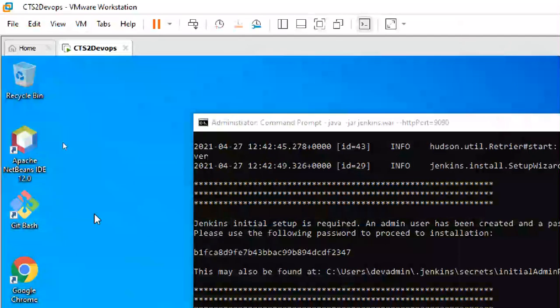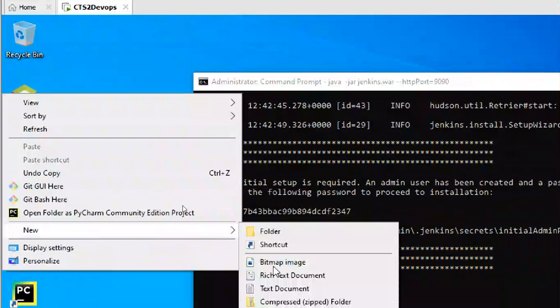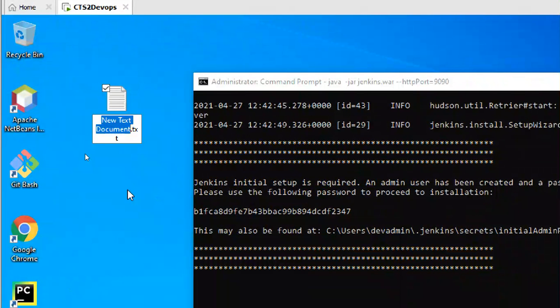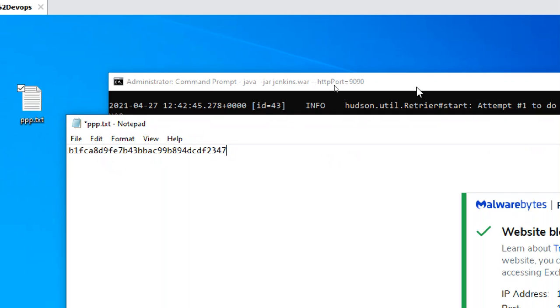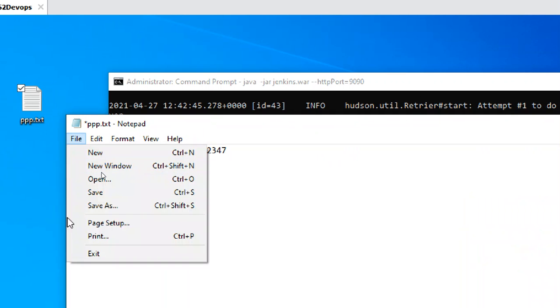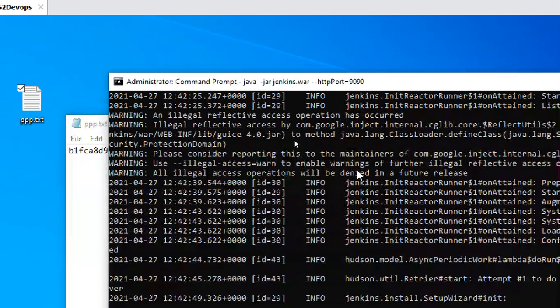Sit back, relax, and if you don't understand, still no problem. I will put a name, PPP. Any name, I just want to store that password, because it is important for starting. When installing, don't sleep or go anywhere. Observe what is going on also. So save this one.